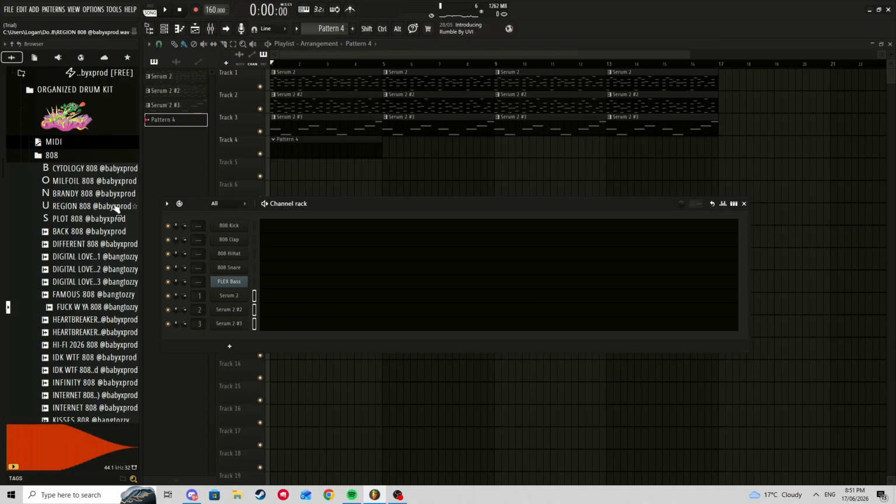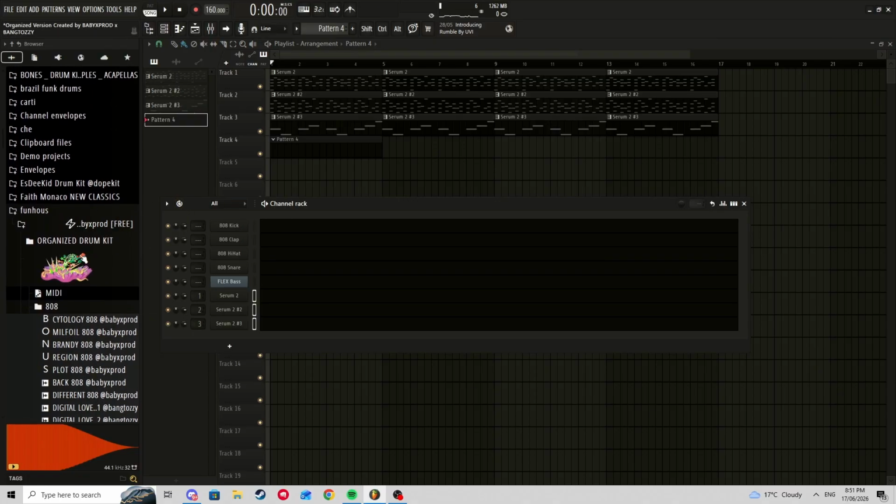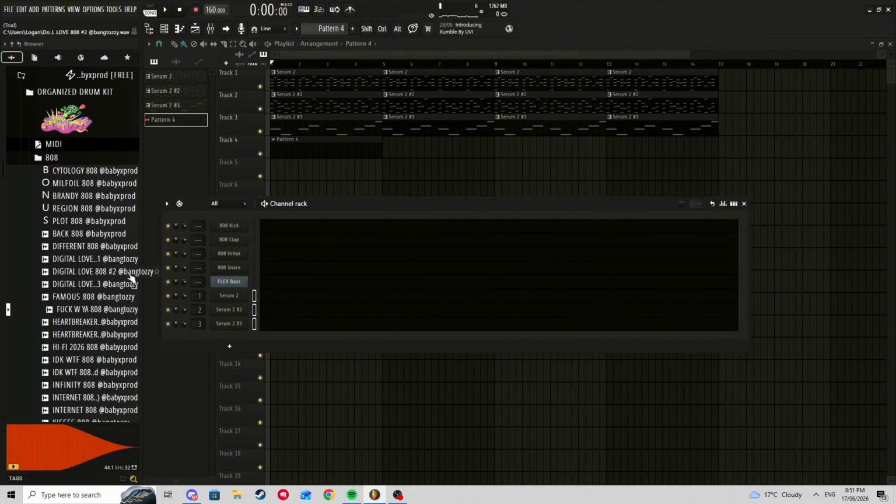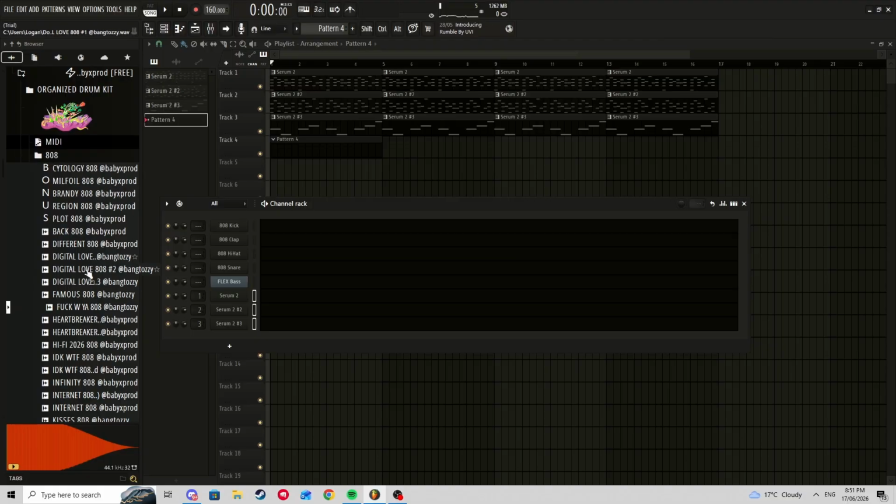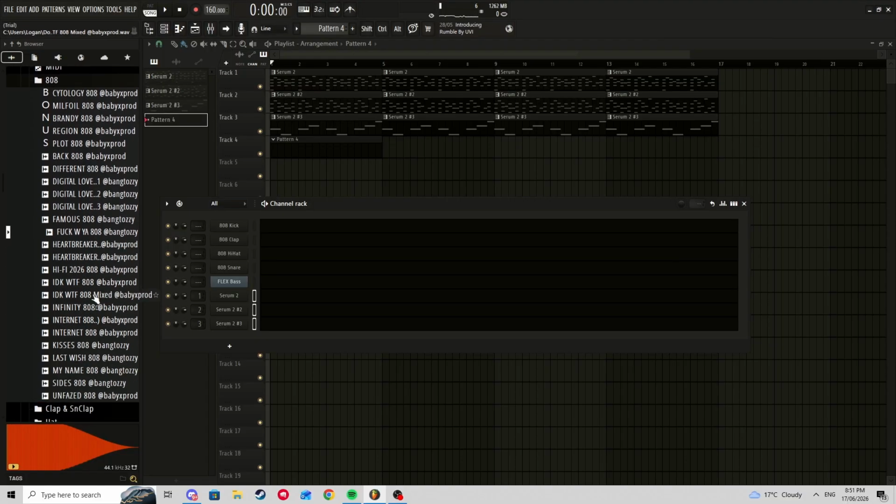So first, I always lay down an 808. This is a drum kit I found that's deconstructed from Funhouse by Pretty Fun. I found it on Kits for Beats, and it has all the sounds from that album, but I'm just gonna be using it for this. So let's just use